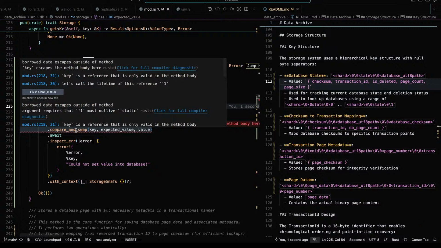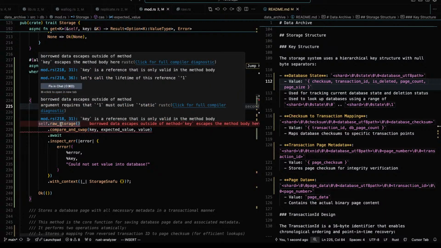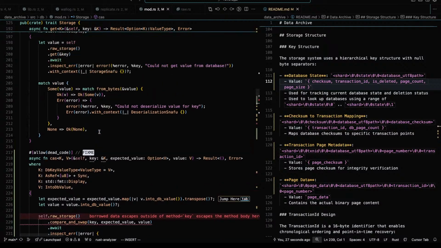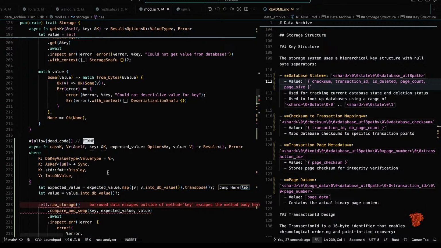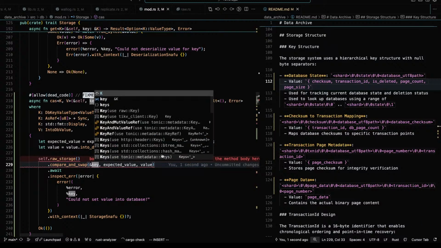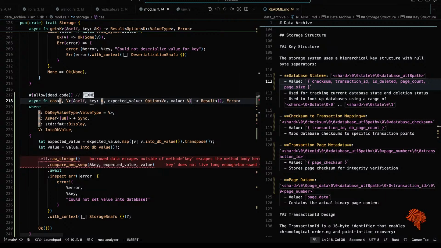Good. Borrow data escapes outside of method. Key escapes. Are we doing the same thing? Oh, we're referencing the key. That should not be borrowed.